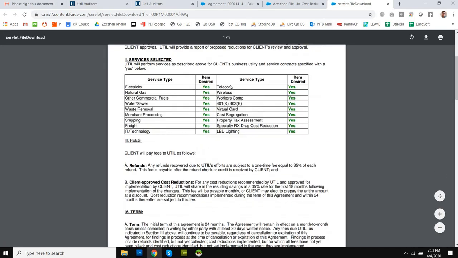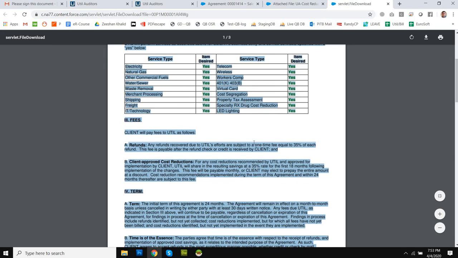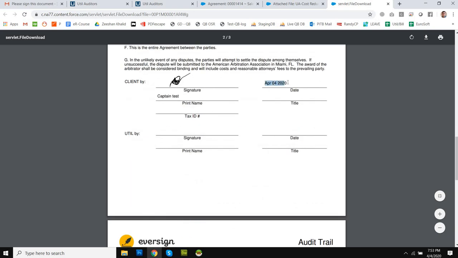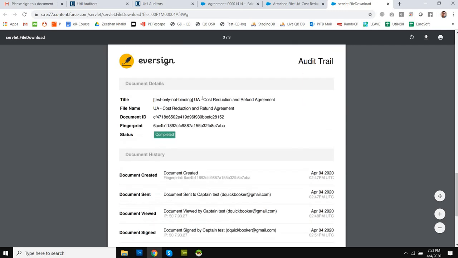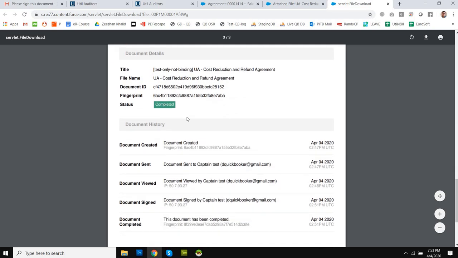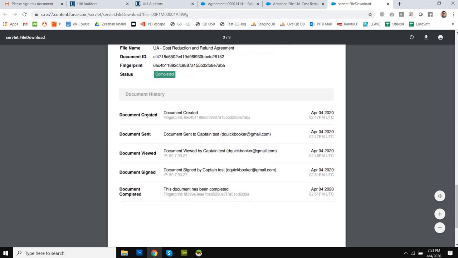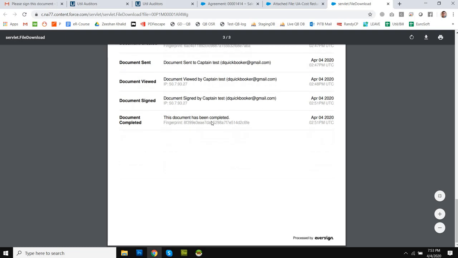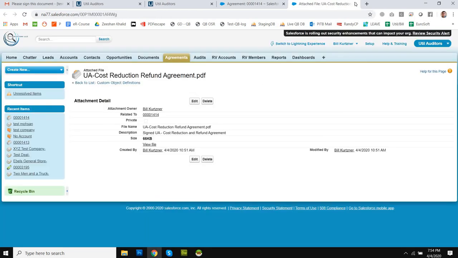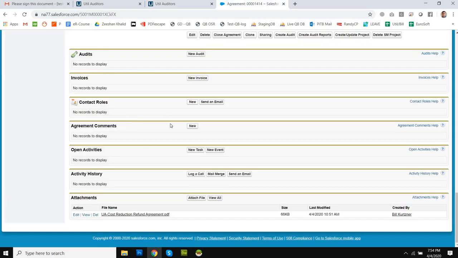View file. See, the client's name is here and the signatures are here with the date, and this is the audit trail by eSign, like when the document was signed and when the client first opened that document and everything. Okay, so